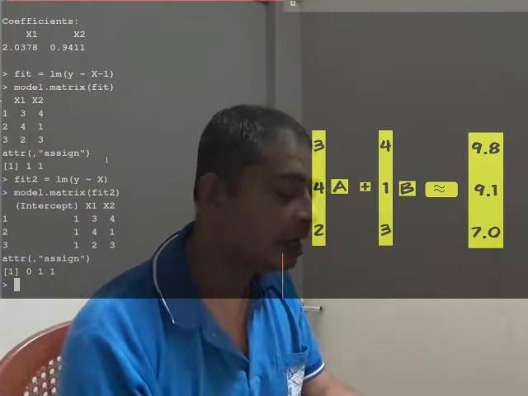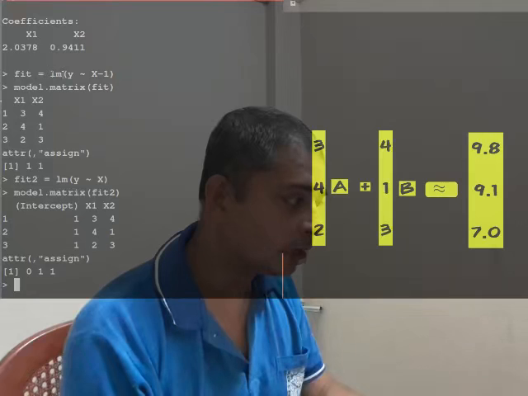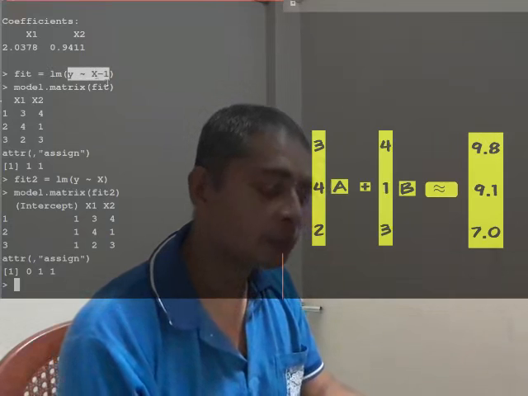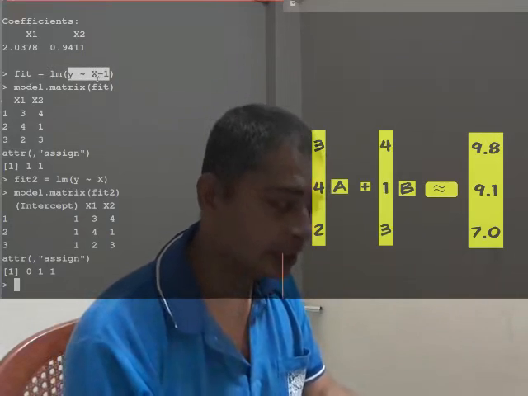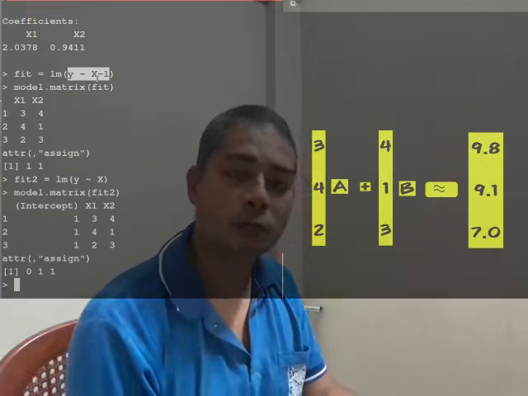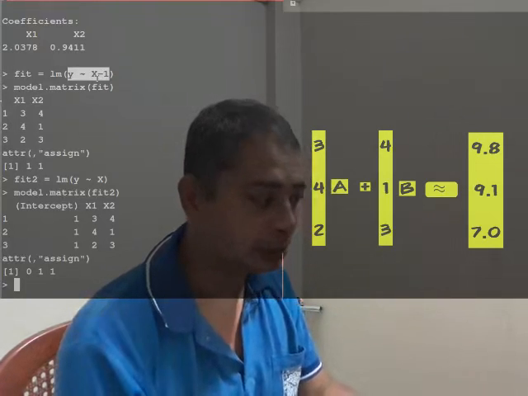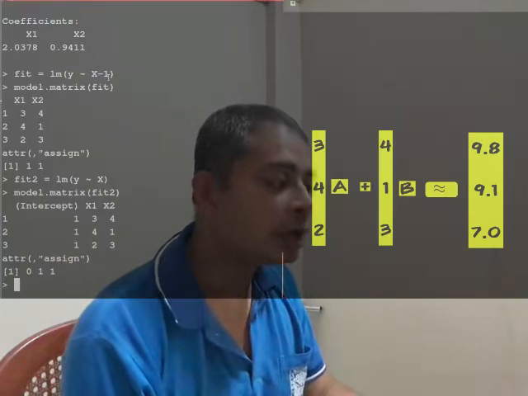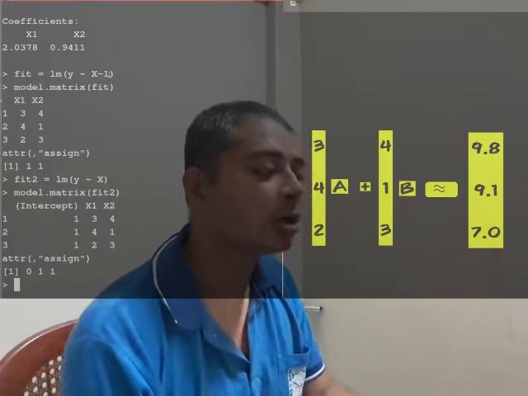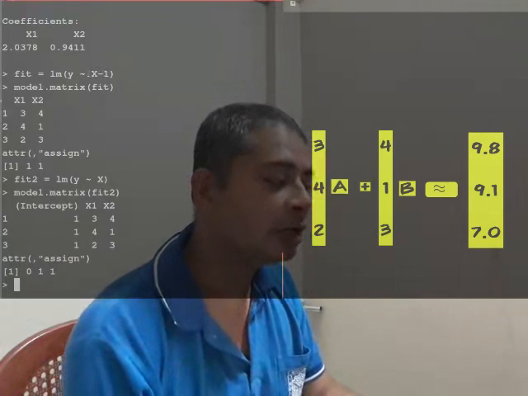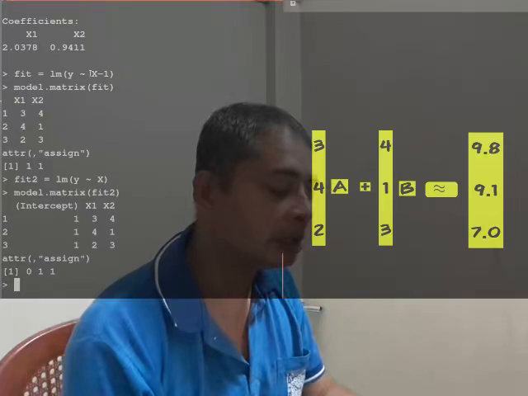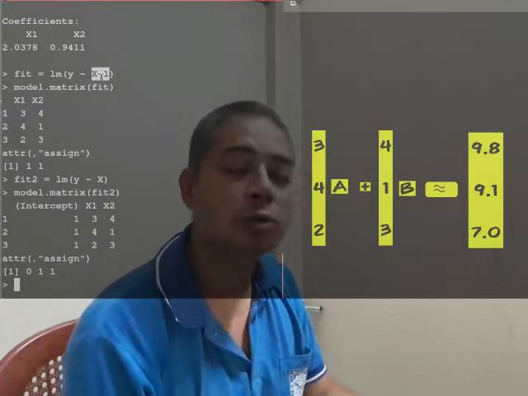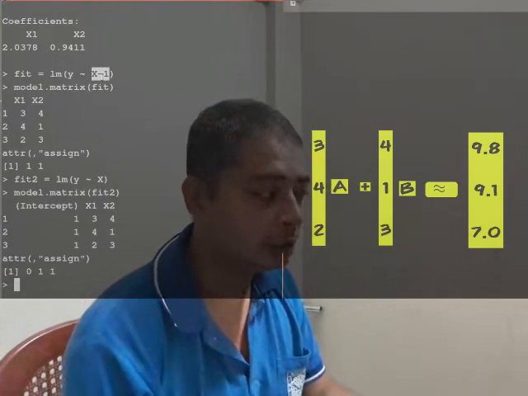Now look carefully at this formula object. Such a thing is called a formula in R. X -1 actually has a very special meaning. It does not mean subtract 1 from each entry of the matrix as you might have expected. This means that do not append an additional column of 1. So whenever you are writing a formula object, remember that the traditional arithmetic operators do not have their usual meaning